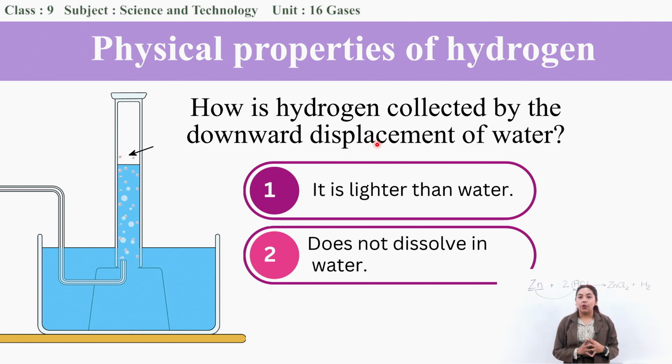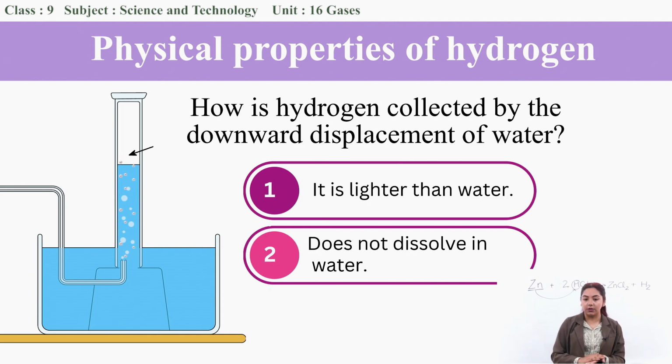Now there is one important question that you all should know about. It is, how is hydrogen collected by downward displacement of water? Now this is possible due to two major physical properties. That is, it is lighter than water. Since hydrogen is lighter than water, it rises up and gets collected over here, and when it gets collected, it displaces the water downwards. And the second physical property is it does not dissolve in water. That's why it forms bubbles and it rises up. So since it is lighter than water and it does not dissolve in water, hydrogen can be collected by the